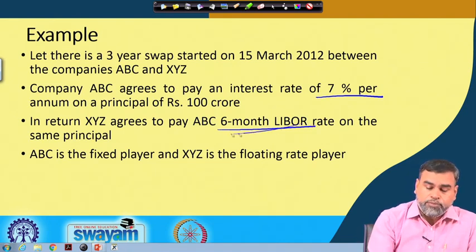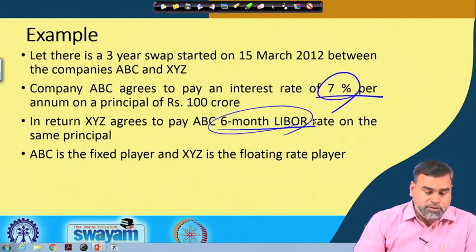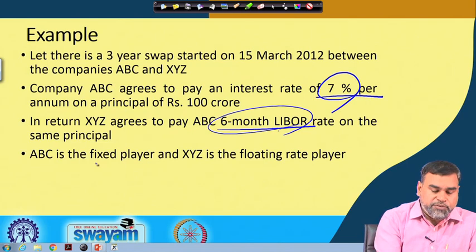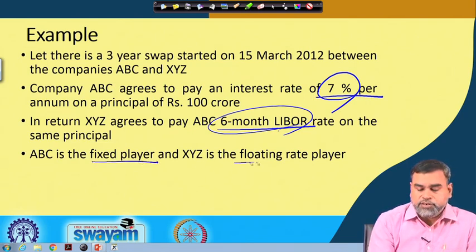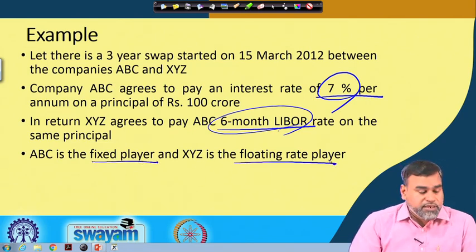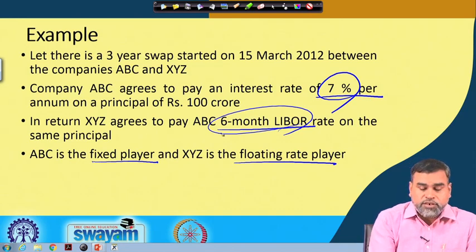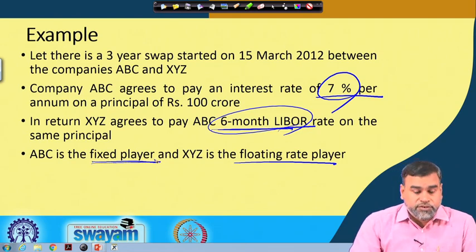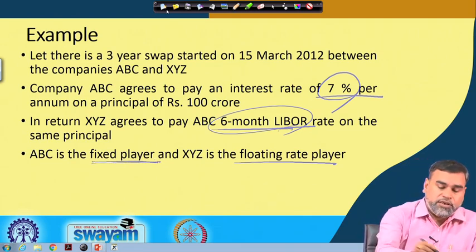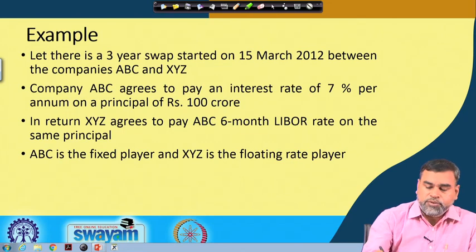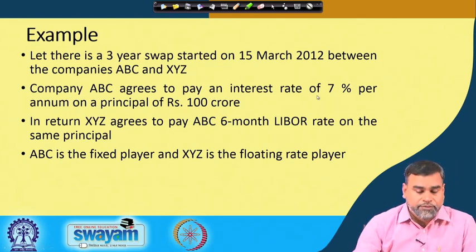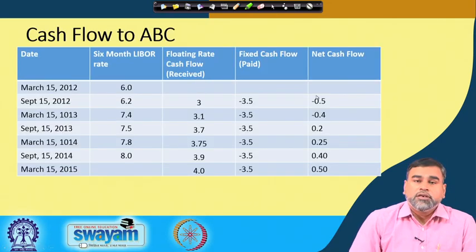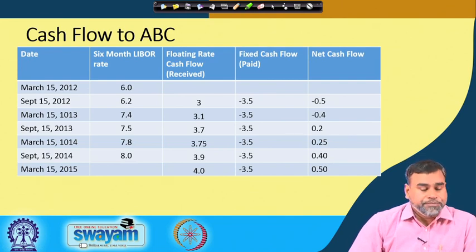So this is floating and this is fixed. That is why ABC is a fixed player and XYZ is a floating player in this case, because XYZ is paying on the basis of floating rate interest and ABC is paying on the basis of fixed rate interest. Now let us see how the cash flow looks. If you see the cash flow to ABC,